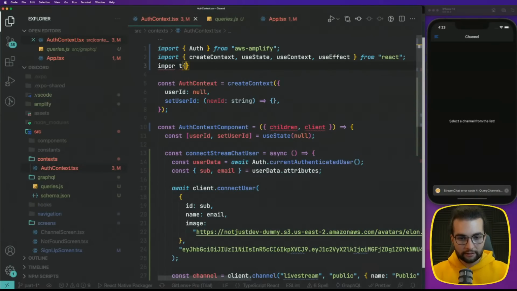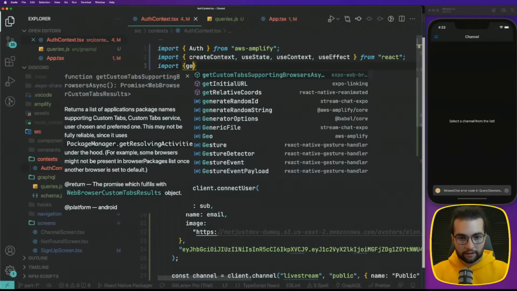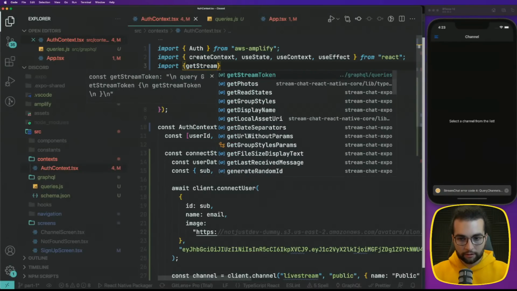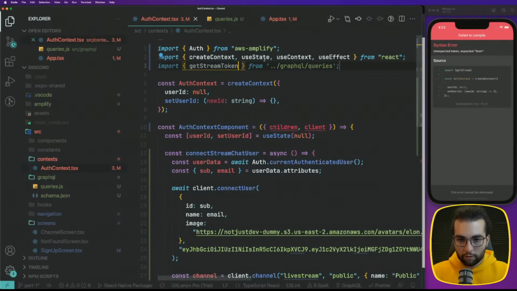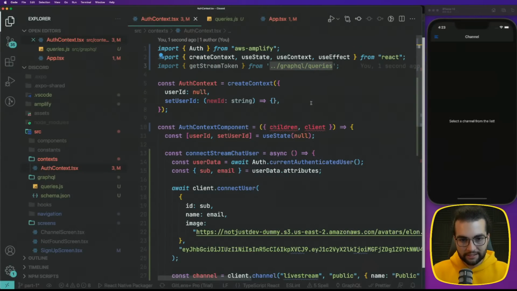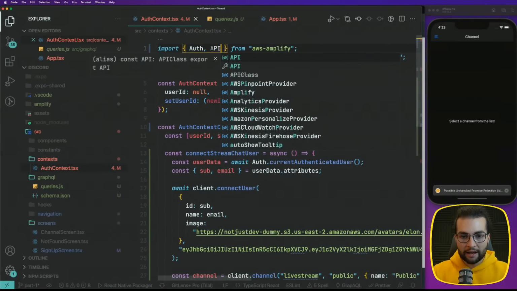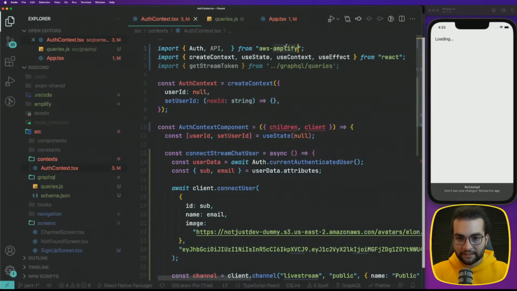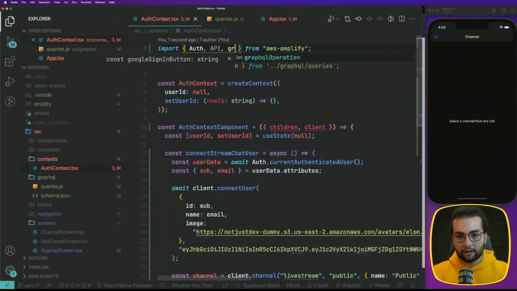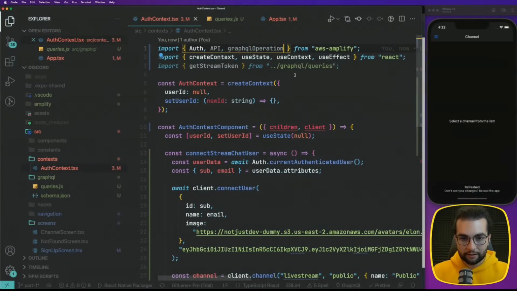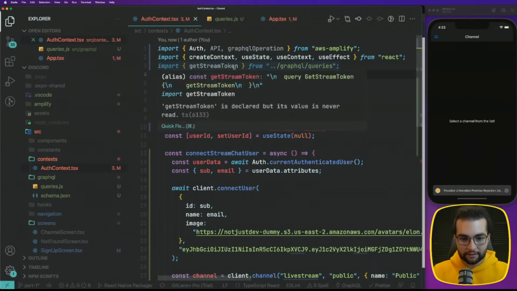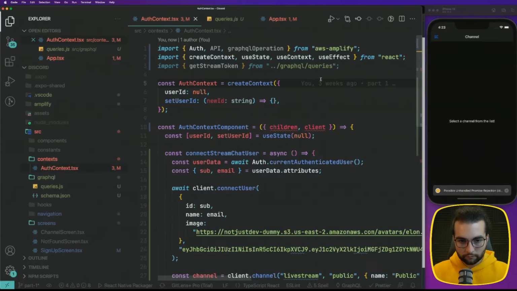So import getStreamToken from GraphQL queries. Then we're going to import the API module from AWS Amplify and also the GraphQL operation. Now with these three things here,